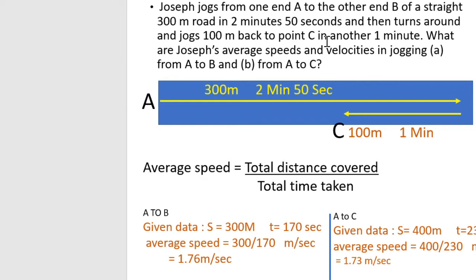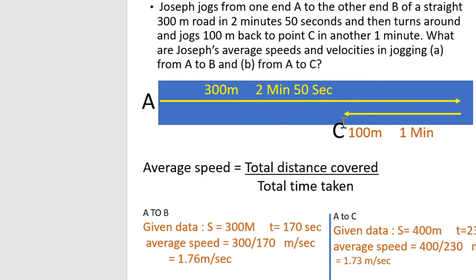So I'll first make you understand the situation. There's a person, Joseph. He starts from A, he travels till the point B and again turns back and then stops somewhere here. Means he's traveling till the point C, which may be somewhere midway, or may not be midway, right? It's definitely not midway, it is just 1/3.